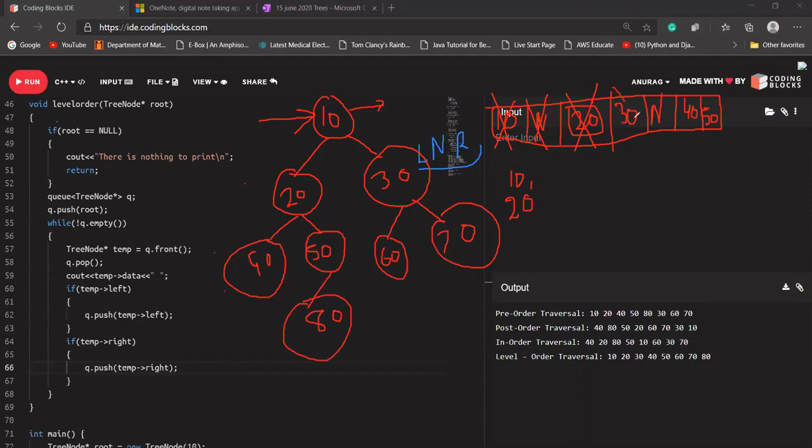Again 30 comes, I pop 30 and print 30 here. 30's left and right will be inserted into the queue: 30's left will be 60 and its right will be 70.